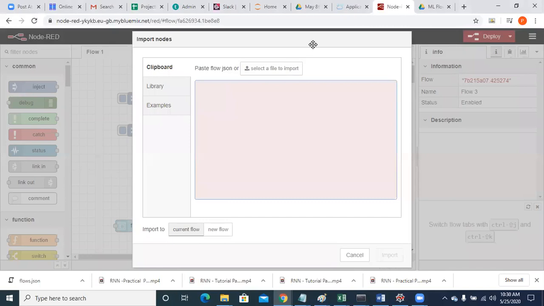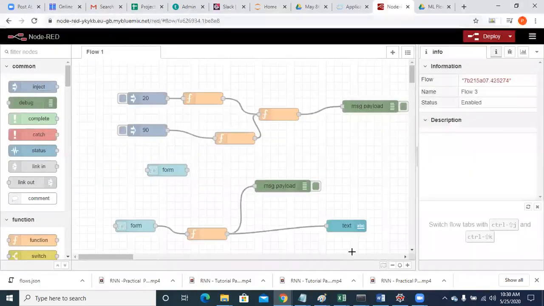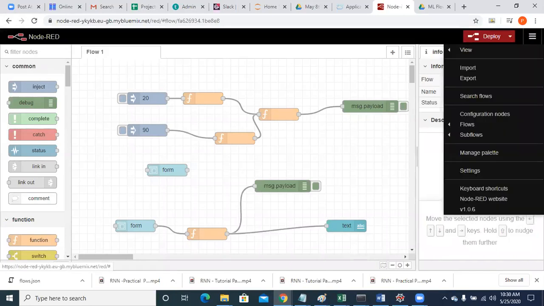Guys, once you have downloaded that, I am importing the flow which is already created. You can also download the flow which you have created. For now, I am just importing the flow which is already created.